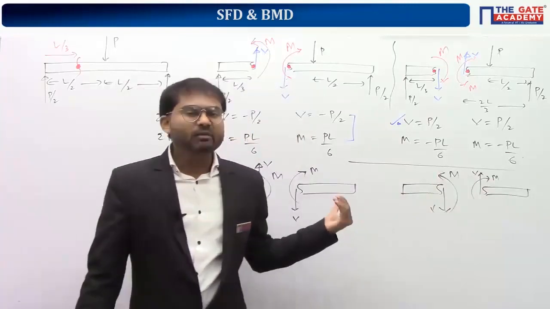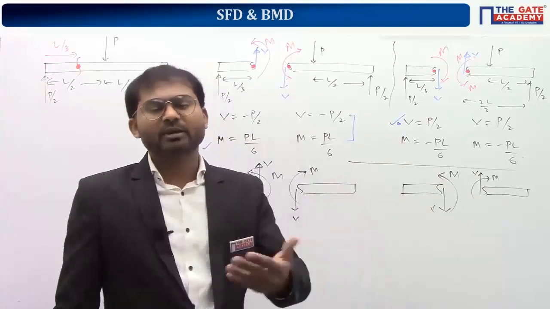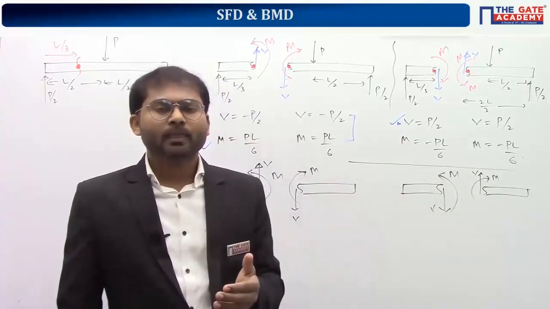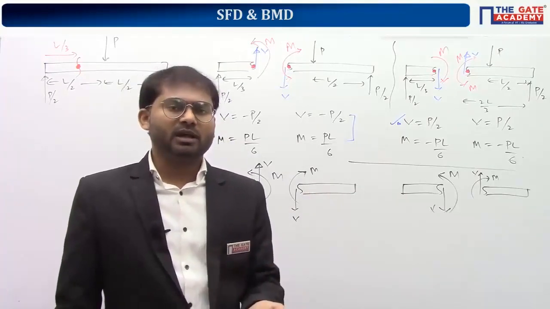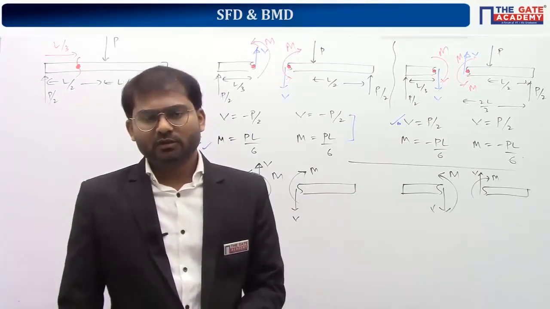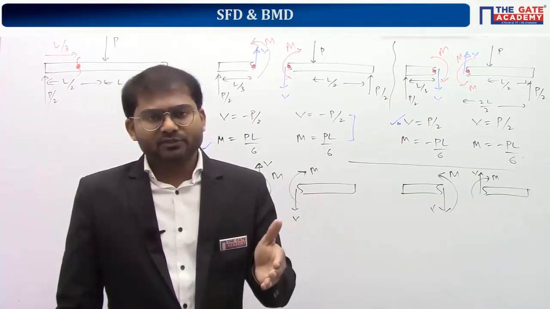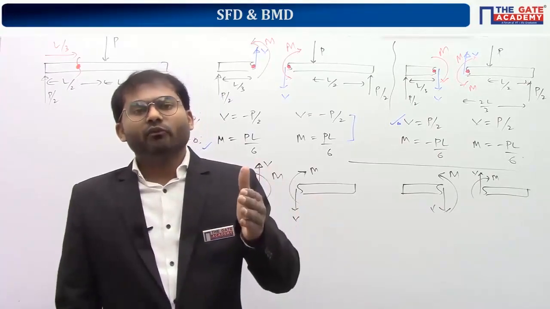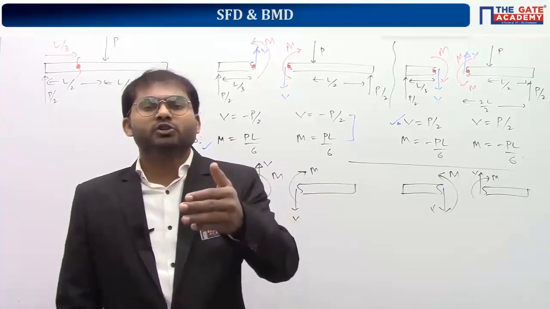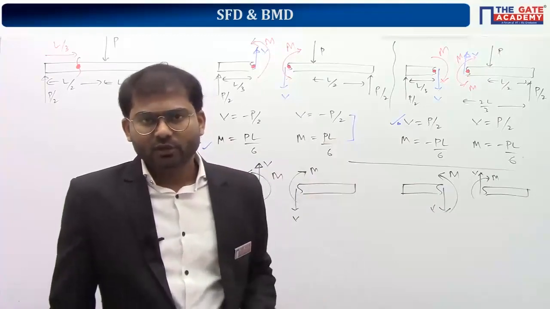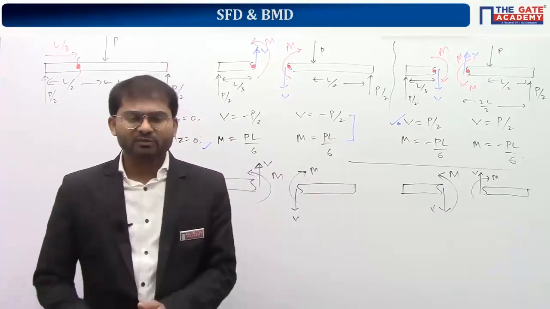So for bending moment there is no difference, because it is important, as we define that sagging is a phenomenon where bending moment is positive. Actually speaking, sagging happens at the locations where we are getting bending moment as positive according to our sign convention. So I hope you're able to follow what I'm saying here.